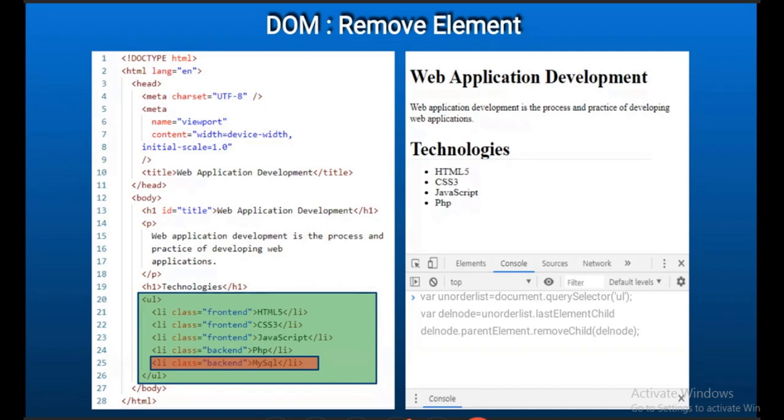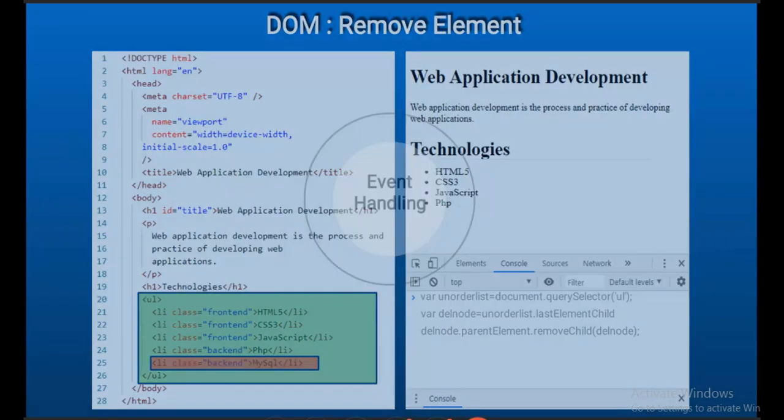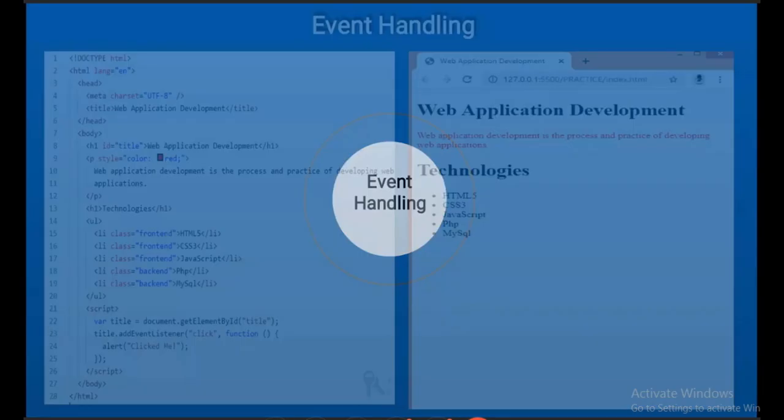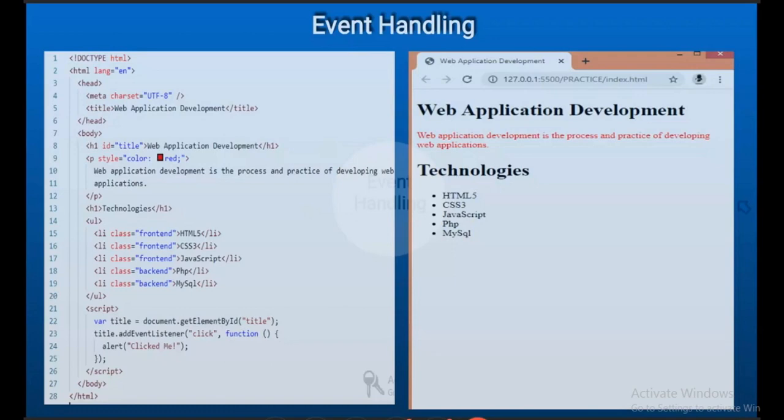Okay, now the topic is event handling. In this section, I will introduce the basic flavor of what event handling is. JavaScript is an event-based programming language. So events drive everything. There are some events, and corresponding responses or actions will happen as part of that event. That's the basic idea of JavaScript and most scripting languages.